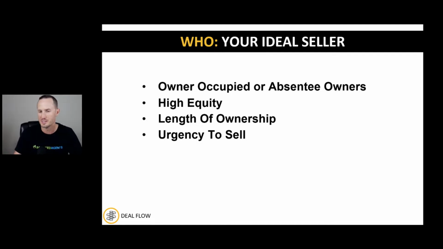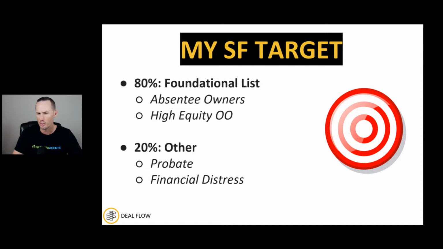And then last is urgency to sell. These are some other motivating factors that you can have in: financial motivators, foreclosure, tax delinquents, maybe more situational, divorce and probate and those kind of things. So my target, using the 80-20 rule, most of our stuff came from absentee owners. By and large, absentee owners was a huge percentage, but also we did get a lot from high equity owner occupants. Now, from the 20%, these were more the niche lists: probate, financial distress, tax, those kind of things. But probate, we target a lot of those. Financial distress is